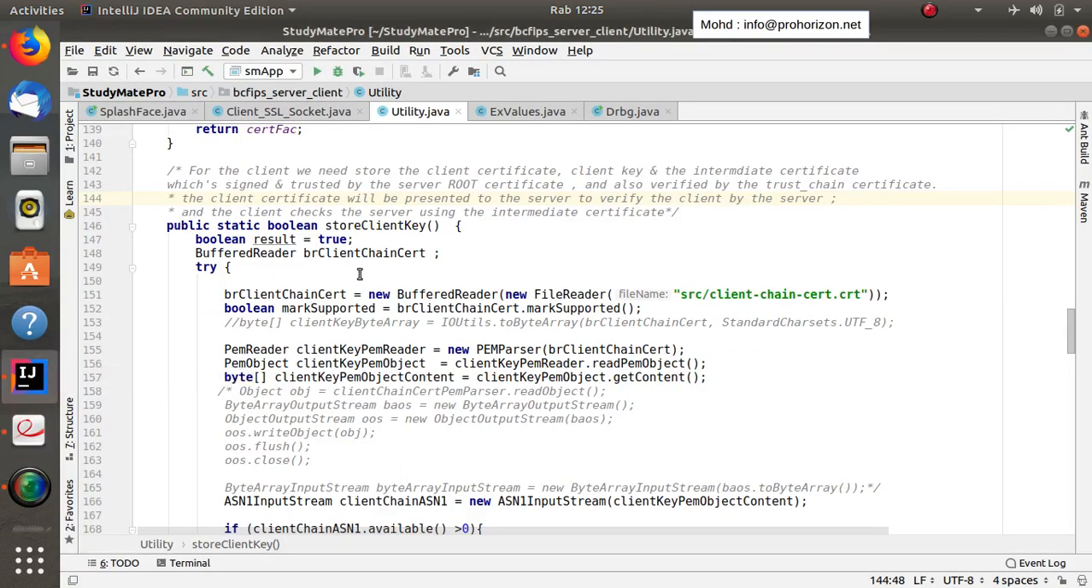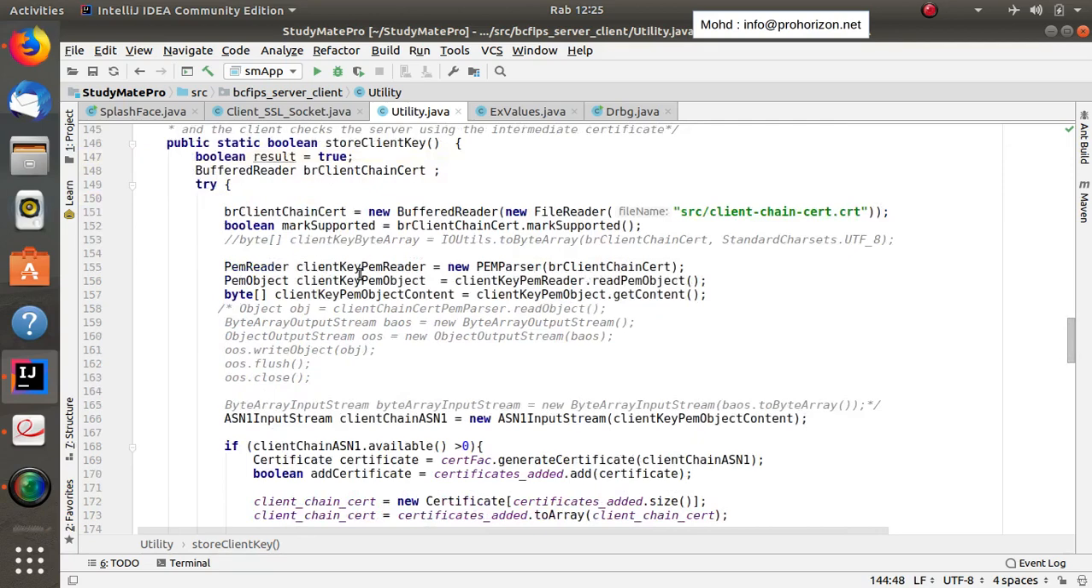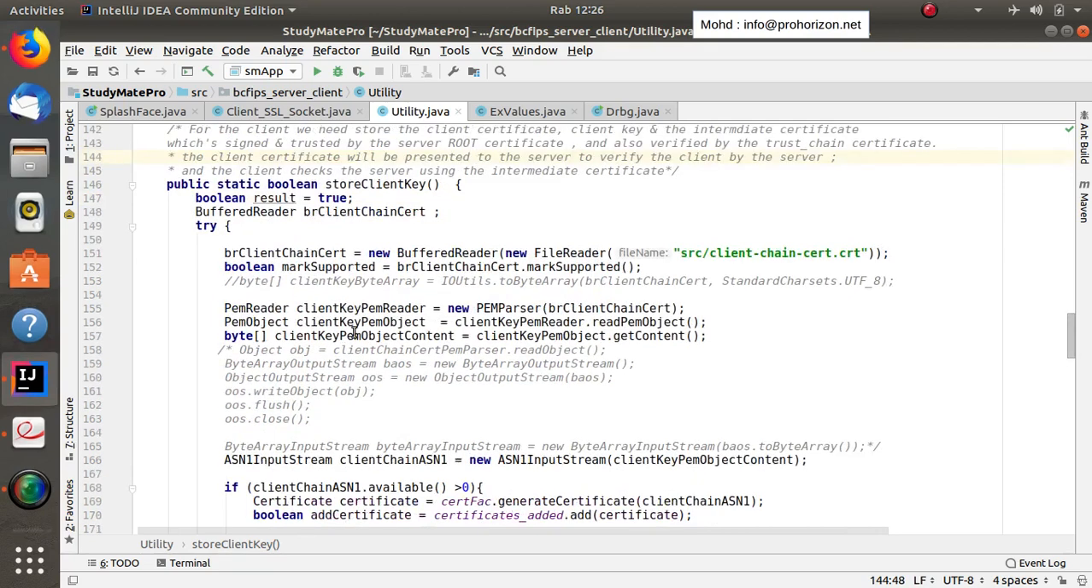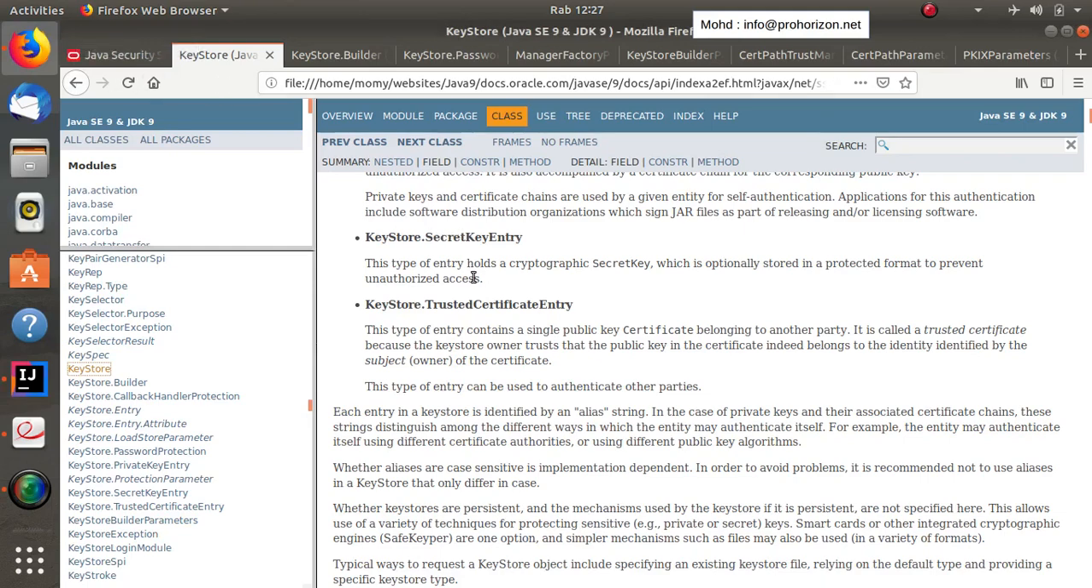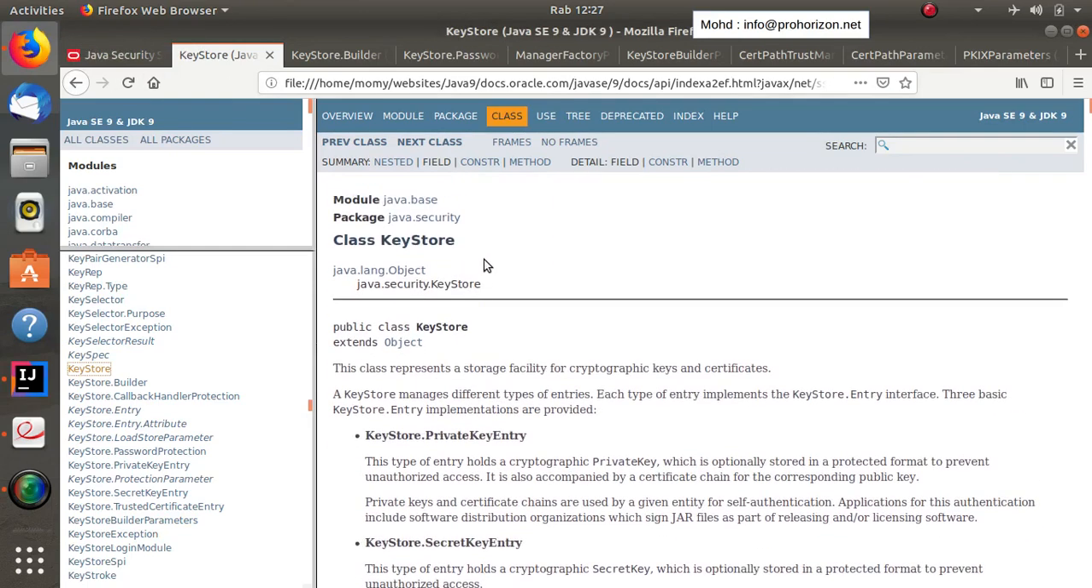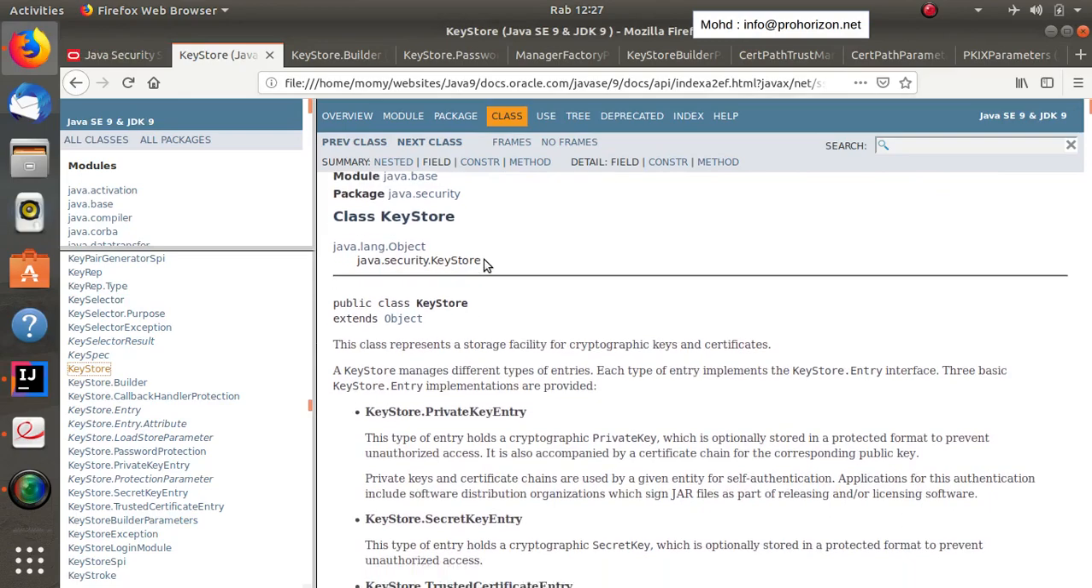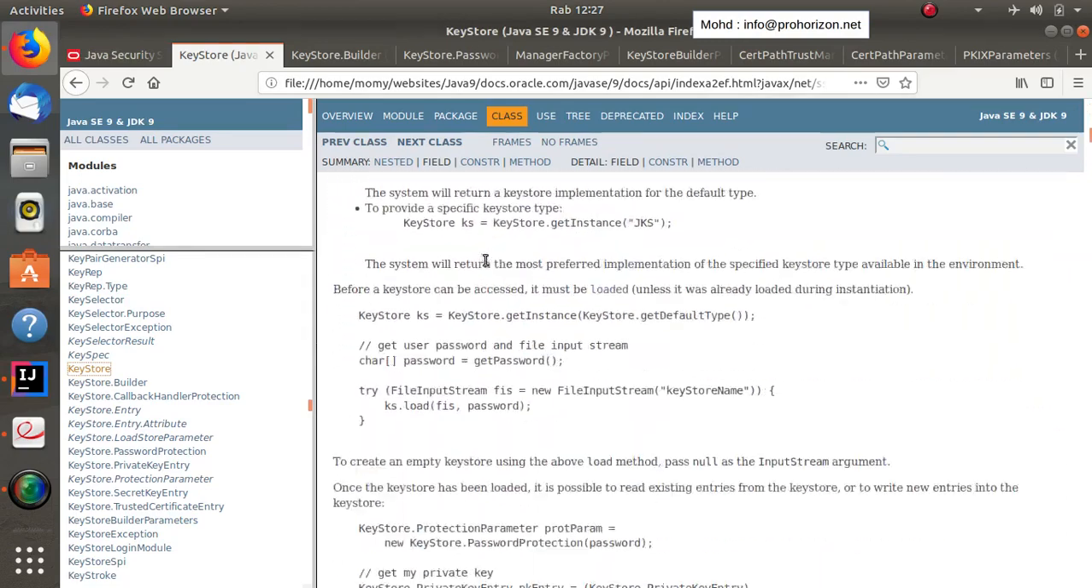The first thing is that we need to store the client key. Now, how do we save these things? Using what? In the Keystore. We use this method, set key entry. Let's have a look at the Keystore. Now, I highly recommend that you go through this class because it will give you a good insight about the Keystore. But in brief, if we go down here,